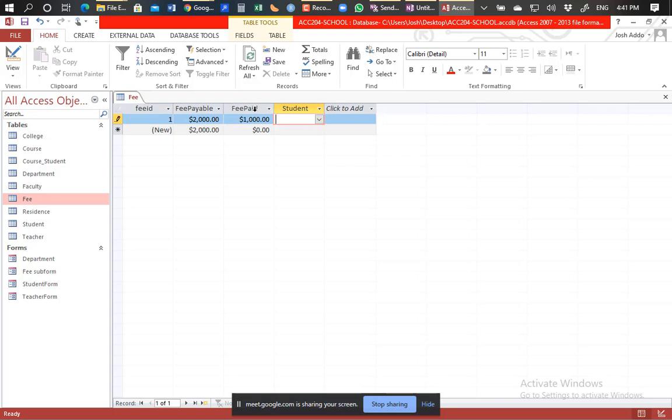Of course, we can even add a column to this. We need to add at least one column to it. That will be called receipts, or payment receipts, as evidence of payment, and that field will be an attachment field. So we can scan and attach the person's receipt. So let's say this fee is paid